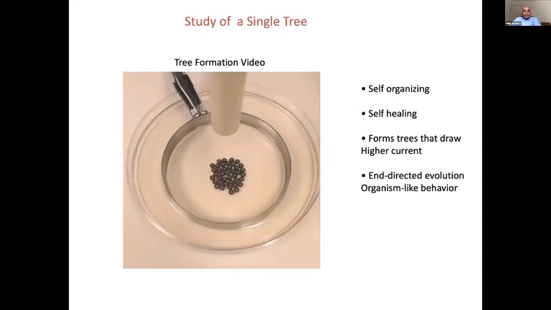So what you're seeing is stainless steel ball bearings in a layer of oil. We just throw them in. The ring you see is one electrode, and the white tube-like thing on top is the second electrode, placed about 5-6 centimeters above the surface of the oil. And a high voltage is applied between the two, about 20,000 volts. Look what happens. You're seeing the process of self-organization,